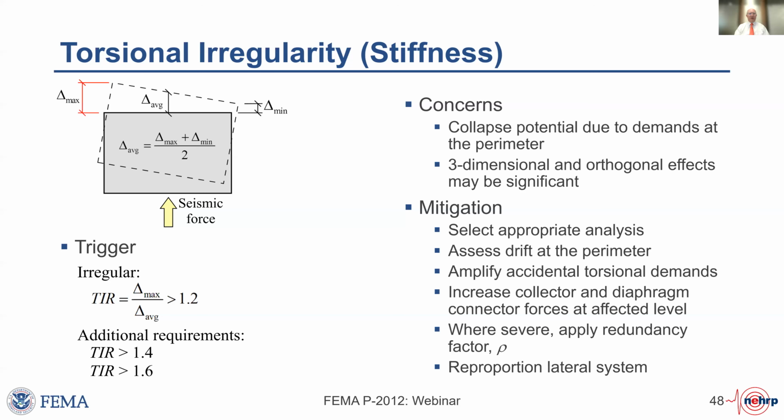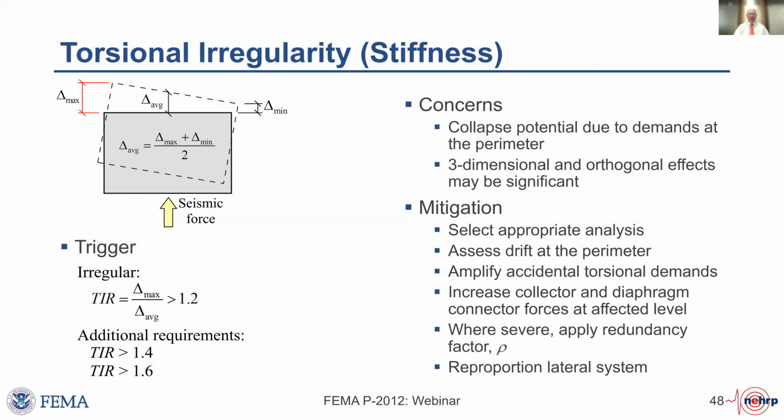The method is unchanged in essence from what has been in previous editions of ASCE 7, that we apply a static force, we compute how much twist there is in the building. ASCE 7-22 defines a new term. So instead of carrying around delta max over delta average, we've defined that itself as a torsional irregularity ratio. And that TIR is compared to various triggers